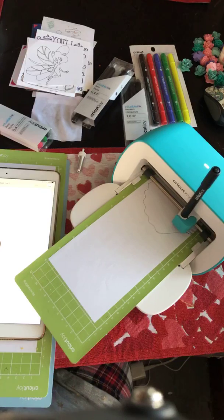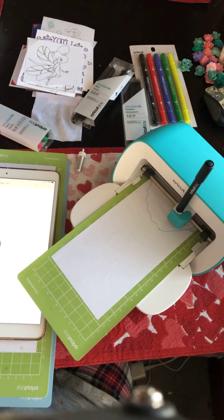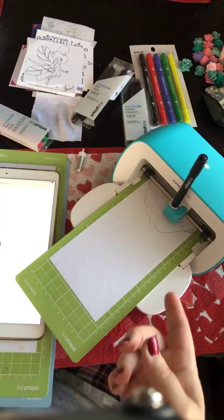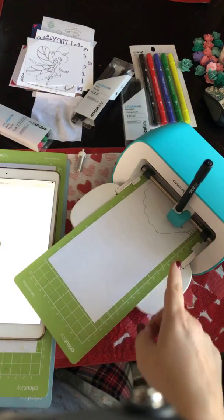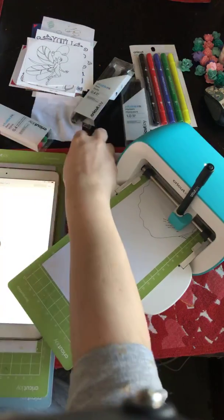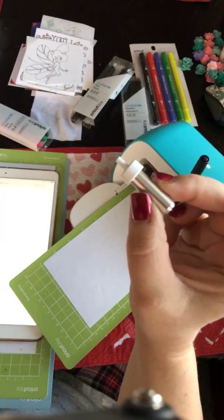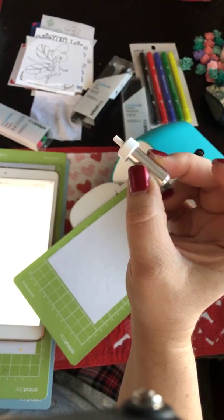So without further ado, I will show you what I'm doing. I am actually using the Cricut Joy right now with an Infusible Ink pen. And what I do to use the ink pen is you have to take out this housing and the...